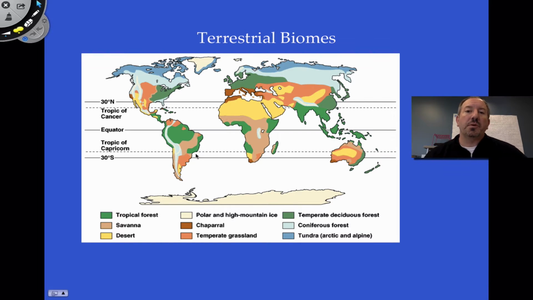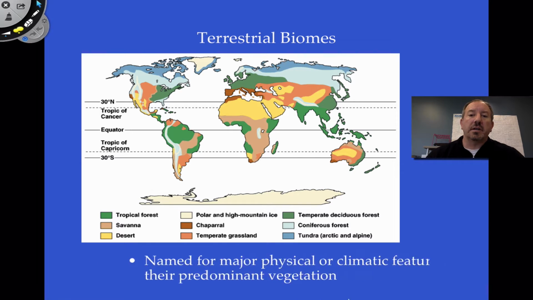So what do we want to do? Well, at the very most, we could be interested by this. Or at the very least, we could remember a few facts about these particular biomes and where they're located. Really, we want to focus in on the important abiotic factors that determine the vegetation. The types of plants that live in a particular area will determine really the whole community, what animals can be supported there, etc. So let's take a look.